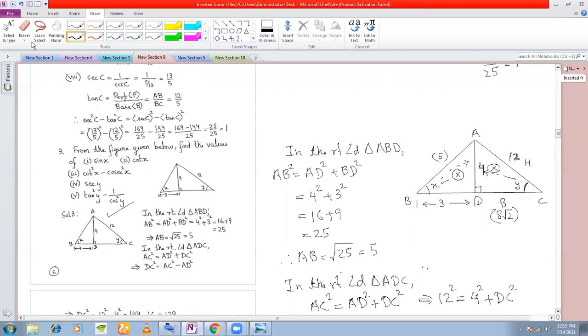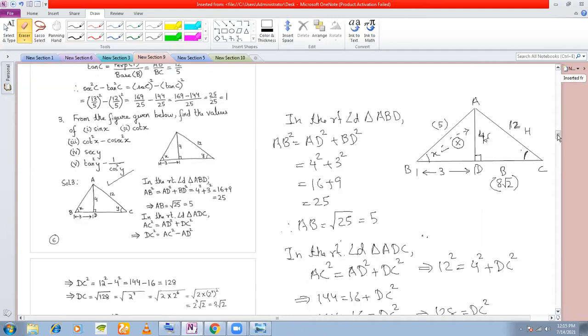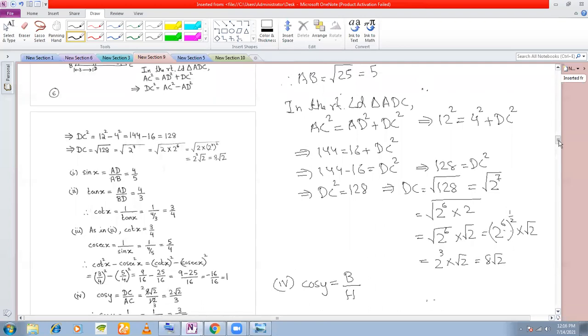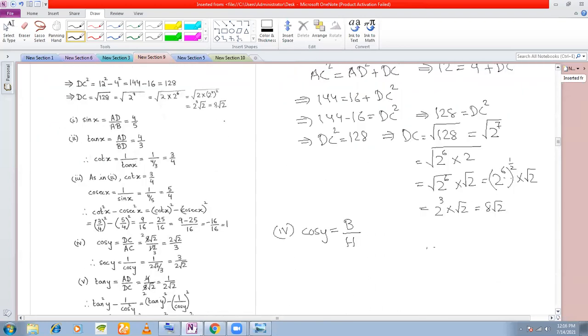Sir, I didn't understand this root over of this, sec y. This is from your irrational numbers. Root over of which one? Square root of 128. You remember your prime factorization? 128, 64, 32. That way we have calculated this to be 2 to the power of 7. In this part I understand that 2 to the power 6 into 2. But when you did this part, 2 to the power 6 into half, I didn't understand.